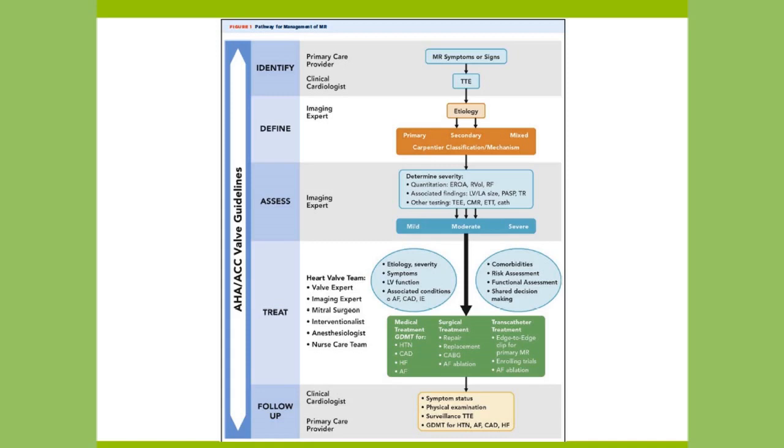And we're going to talk specifically not only about primary or secondary or even mixed etiology, where it could be some of both, but we need to talk about the Carpentier classification. And then, of course, we need to determine the severity of MR, and that's very important, because if it's a moderate MR, you don't need to do anything about it. And oftentimes, echo labs tend to overcall MR. So we see a lot of patients in our valve clinic where they were told they had severe MR, and we see them and it's actually mild. So this is important, but that's not the focus of today's talk.